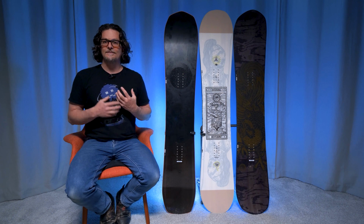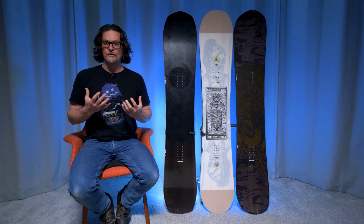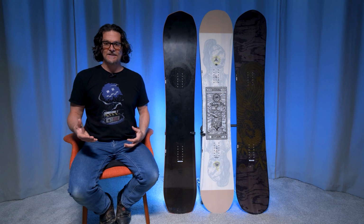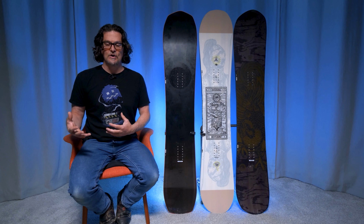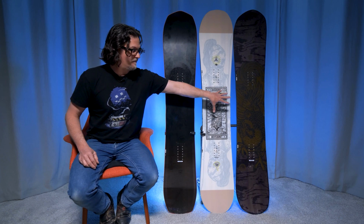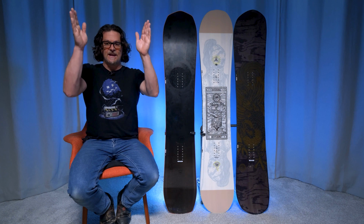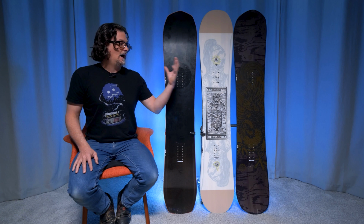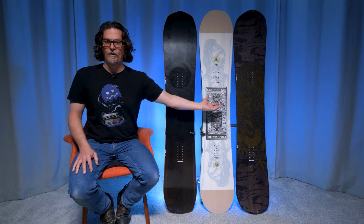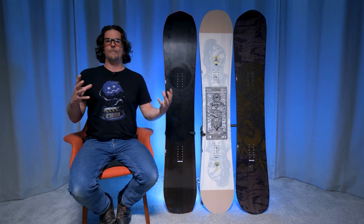Now they've refined it, it's their own kind of thing. It has very good grip in hard to icy snow without being too grabby in soft snow and powder, where the Revanent and the Resurgance are a little more grabby in powder because they have a more pronounced 5S technology. I think these are better for hard to icy snow days, but this is just a better all-around board